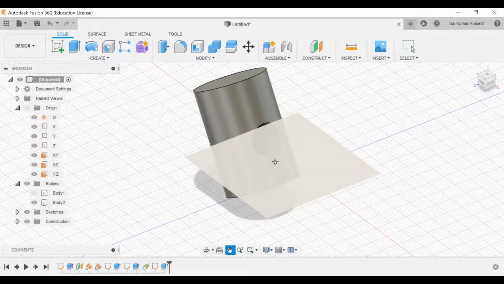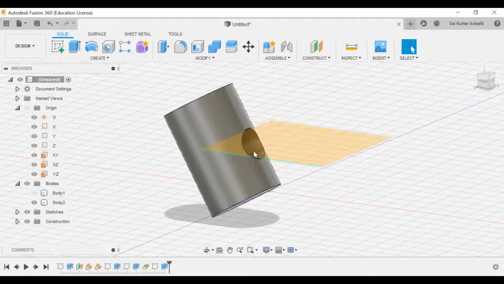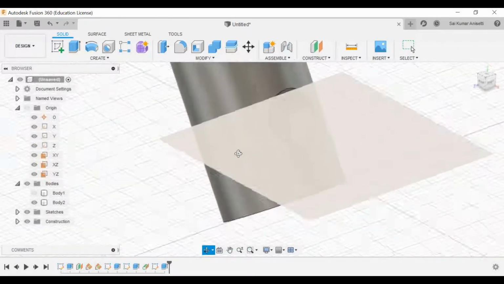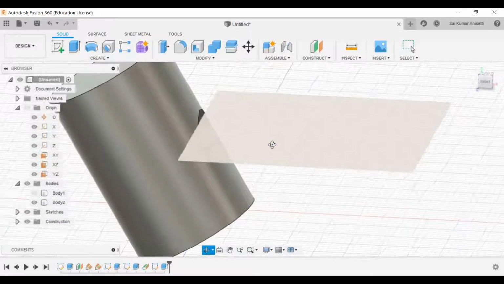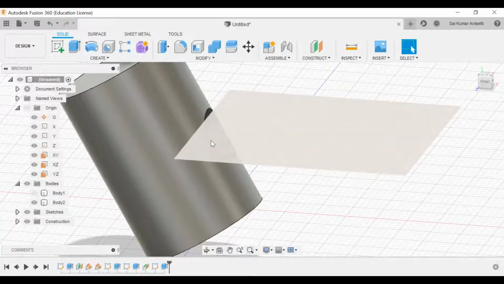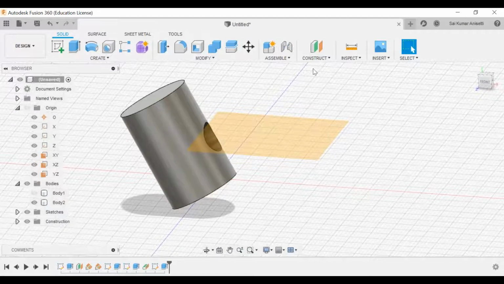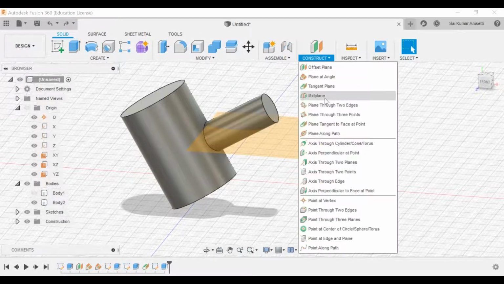And see, now the purpose of this plane which is normal to the surface is that you can create a hole which is perfectly normal or else perfectly tangent to this given surface. That is how you create a hole which is exactly normal to the tangent to a given surface or else normal to a given surface. Okay, that is the use of these construction elements. Let me press Ctrl Z.